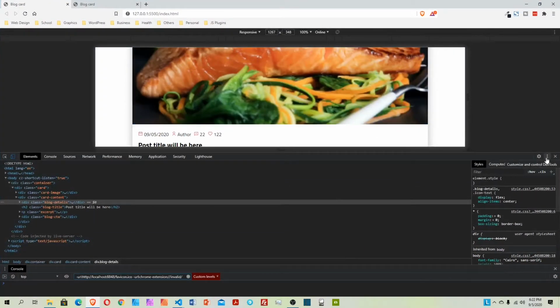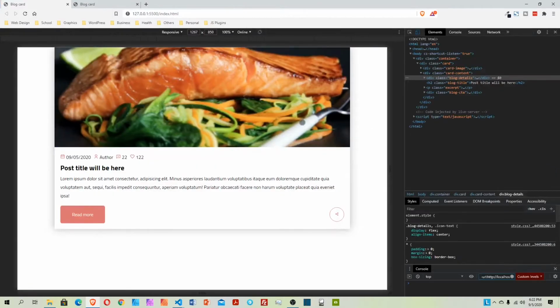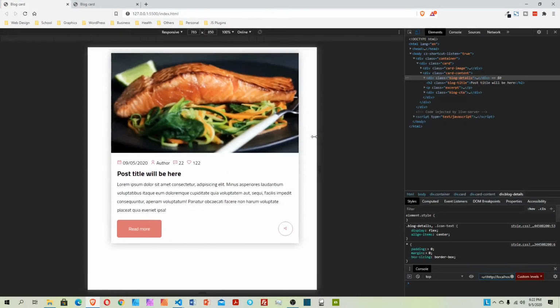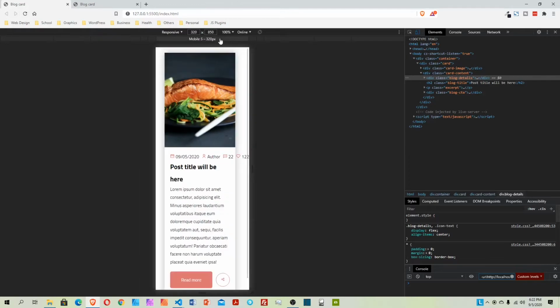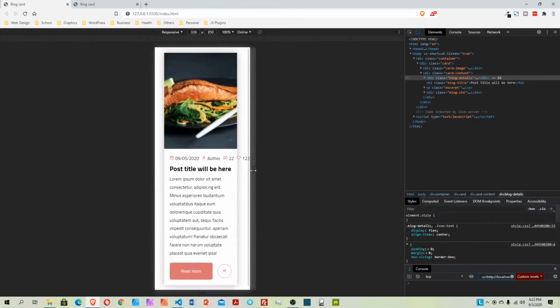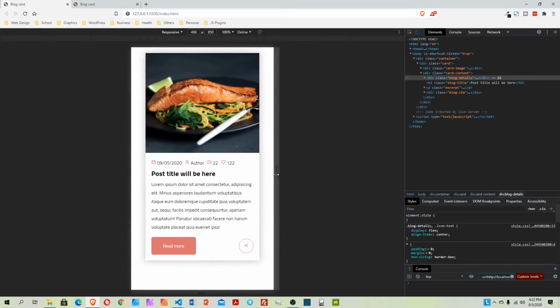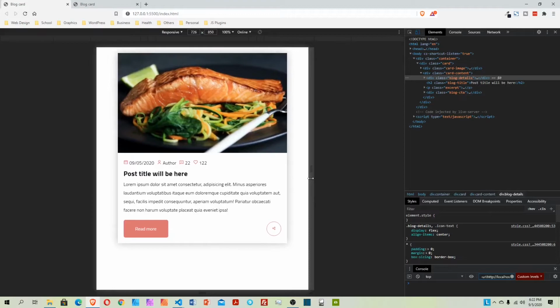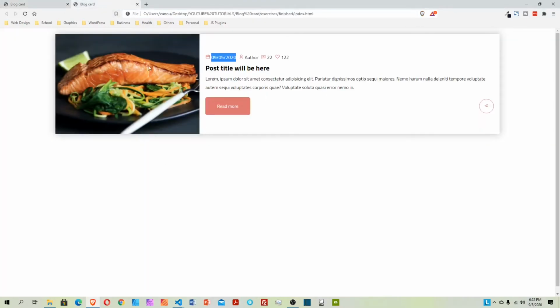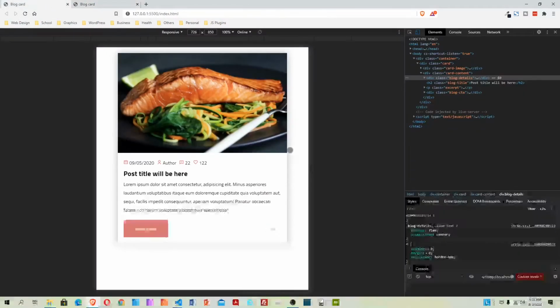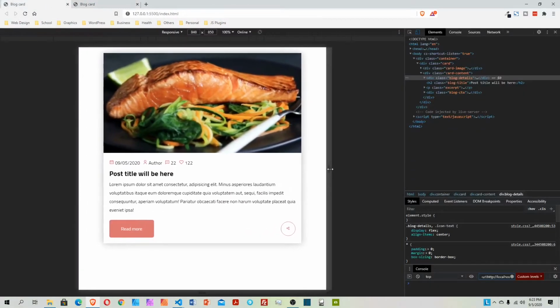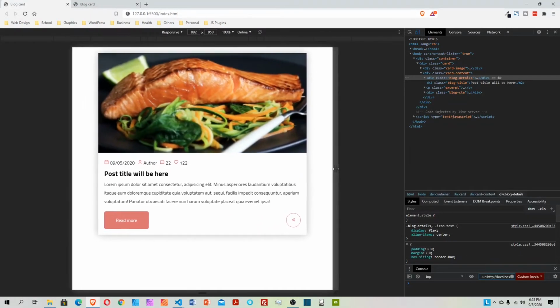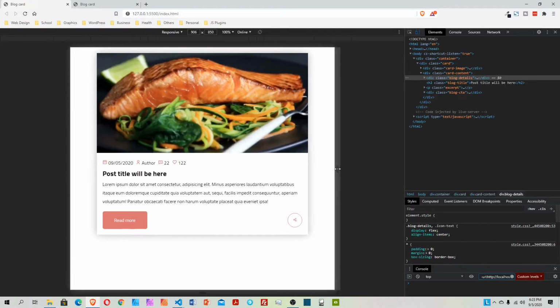Actually, let me put this one back here again. So this is from smaller devices. We saw it expanding a lot, nice, right here. We try to find where we can start making changes so it can go side by side like this, when it's way too huge. So let's see. I believe somewhere around 900 might be a good idea to start making them go side